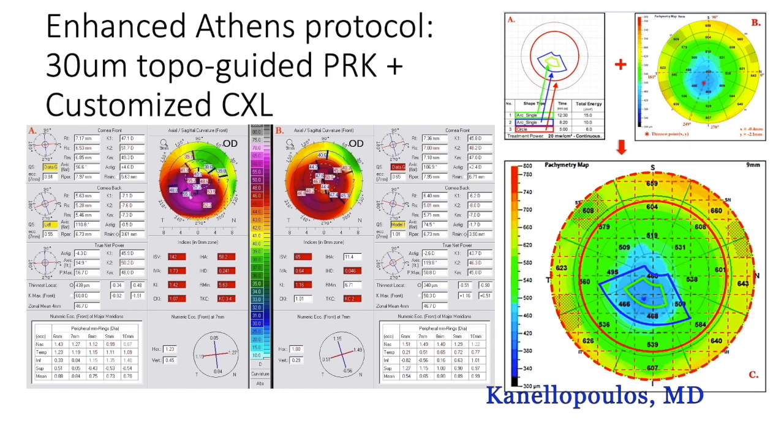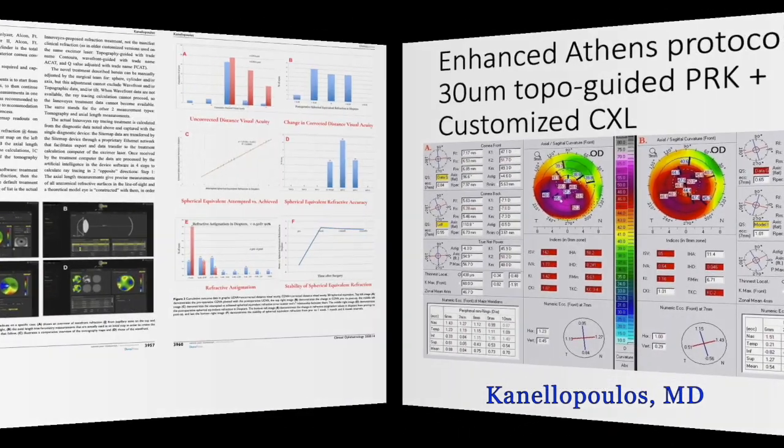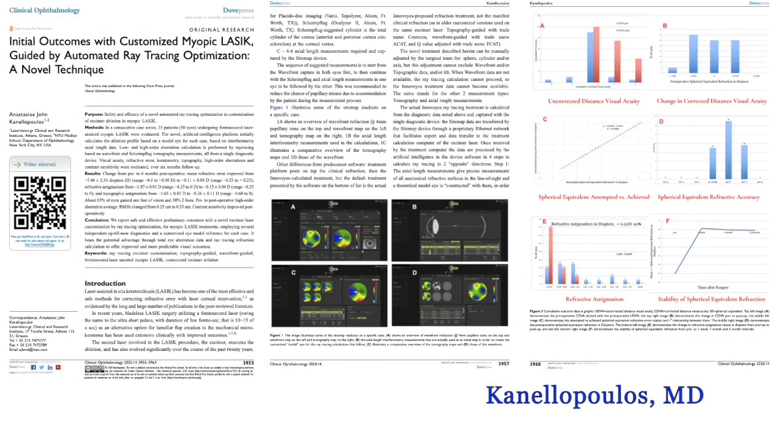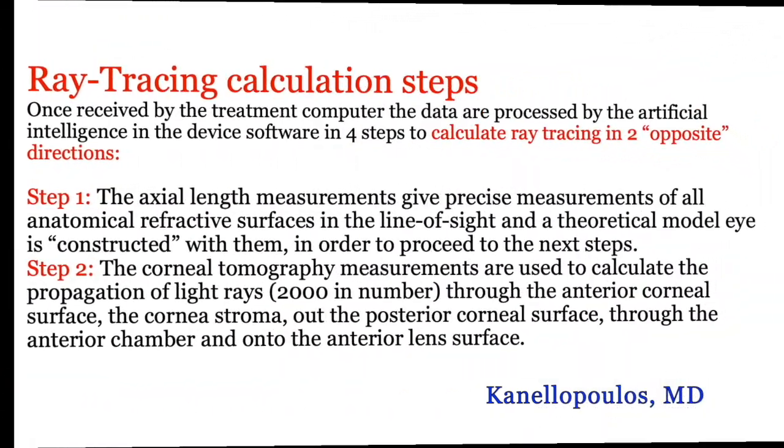Thus, when we're combining a partial refraction topography guided PRK and CXL, we can remove even less tissue and get even more of an effect. And this is a case here. We reported this almost 5 years ago in the literature. You can see left pre-op, right post-op, the dramatic improvement in visual function. The last thing we've been working on is ray tracing optimization in virgin myopic LASIK eyes, and